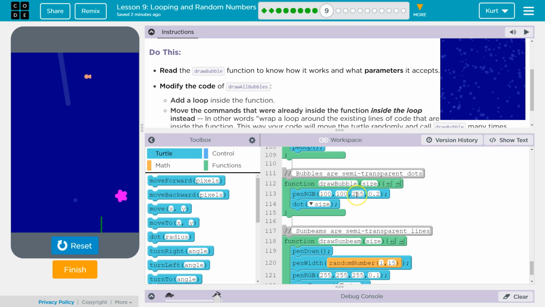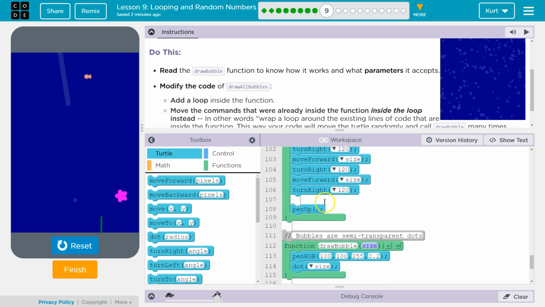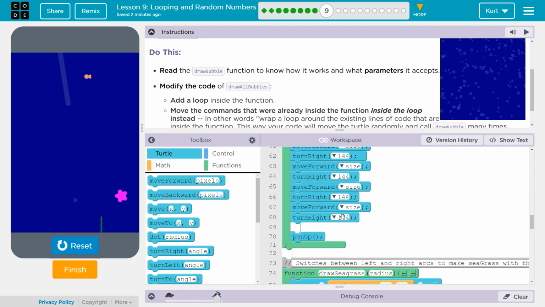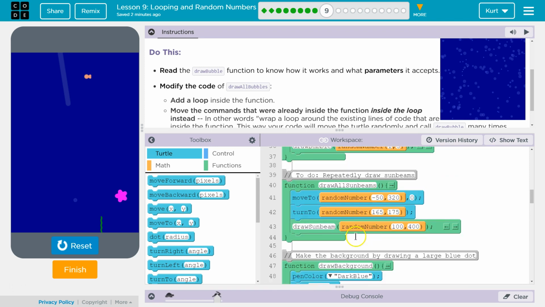So we set the color to some whitish blue, red, green, blue maybe. And the opacity is high, so it's fairly transparent. And then the dot size is randomized, right? So the parameter size is here. So when we set the dot size, when this function runs, because way up here, what we're doing with draw all bubbles,